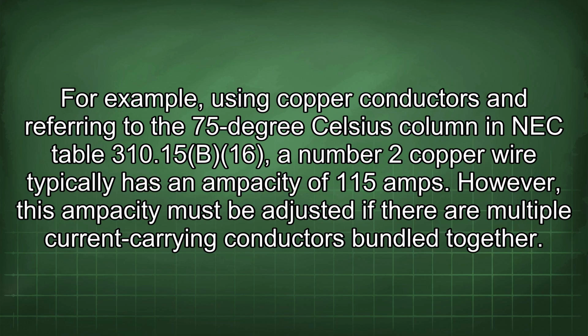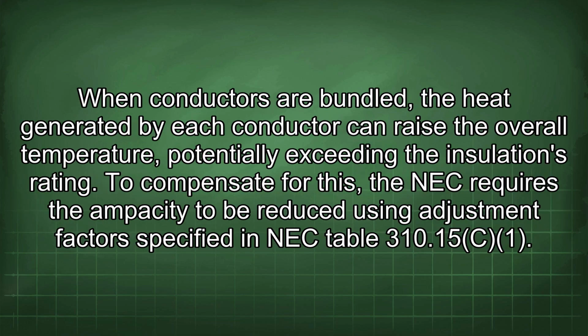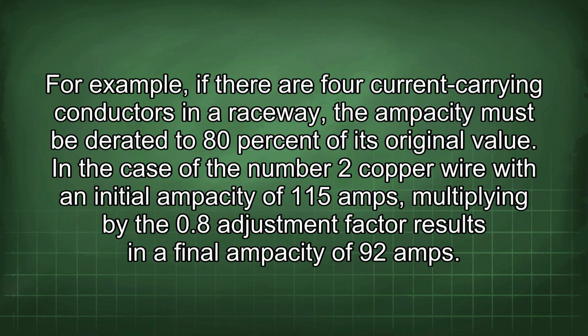However, this ampacity must be adjusted if there are multiple current-carrying conductors bundled together. When conductors are bundled, the heat generated by each conductor can raise the overall temperature, potentially exceeding the insulation's rating. To compensate for this, the NEC requires the ampacity to be reduced using adjustment factors specified in NEC table 310.15(C)(1). For example, if there are 4 current-carrying conductors in a raceway, the ampacity must be derated to 80% of